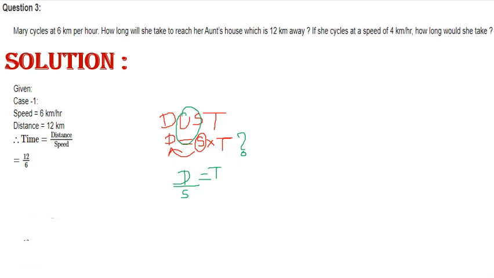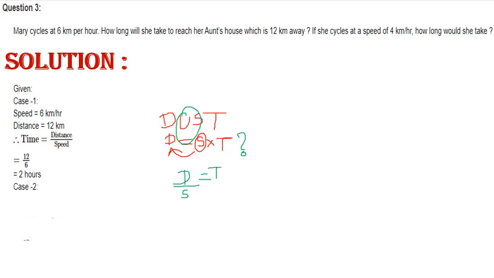So time taken will be distance traveled, 12 kilometer, and speed is 6 kilometer per hour. So distance is 12 divided by speed is 6. So 6 and 12 come in the same table. 6 ones are 6, 6 twos are 12. So time taken is 2 hours. How did we get hours? Distance has kilometer, speed has kilometer per hour. So kilometer gets cancelled. Speed is in the denominator of the denominator, which shifts onto the numerator. That's how we get the unit as hours.